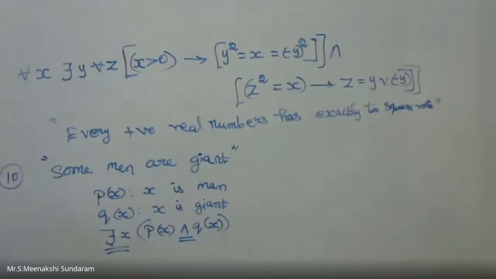Yes sir. 11th one, write the contrapositive of the implication: if it is Sunday, then it is a holiday. Same as the earlier rain and umbrella example. Take it is Sunday as P, and it is a holiday as Q. P implies Q. Contrapositive means negation Q implies negation P. The 12th one, show that P implies Q and negation P disjunction Q are equivalent. Make a truth table and show the equal column. 13th one, construct the truth table for P conjunction, P disjunction Q. That is also easy.